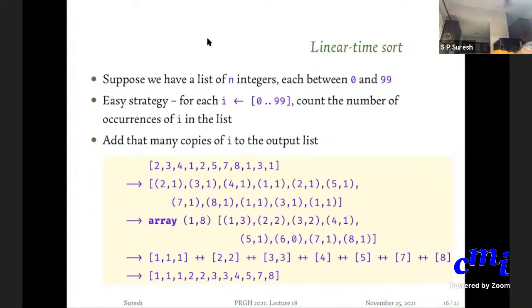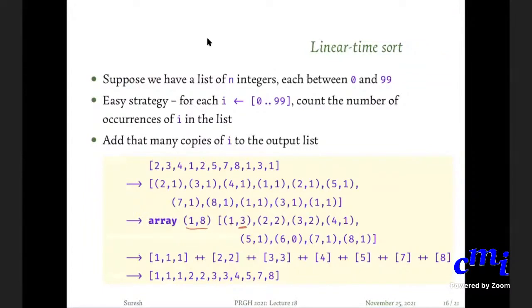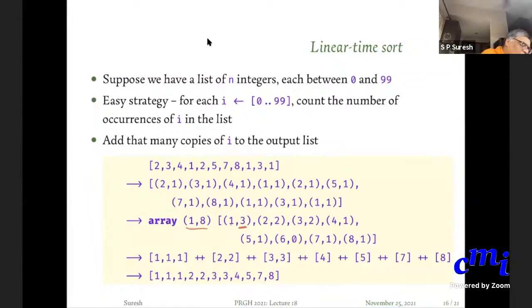So for every 2, 1. So this is trivial. You just zip the original thing with repeat of 1. That's all. Okay. So you have 2 1, 3 1, 4 1, 1 1, 2 1. Okay. You go from there to here. From here you do accumulate and you get directly here. You get lower bound is 1, upper bound is 8, and 1 has value 3, because you have 1 occurring once here, 1 occurring twice here, and 1 occurring thrice here.